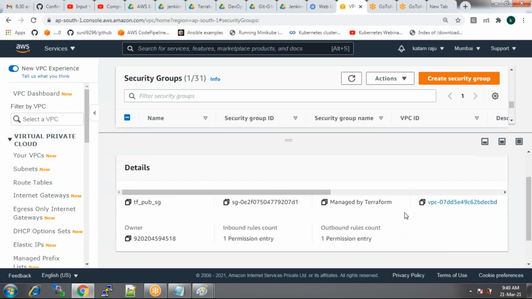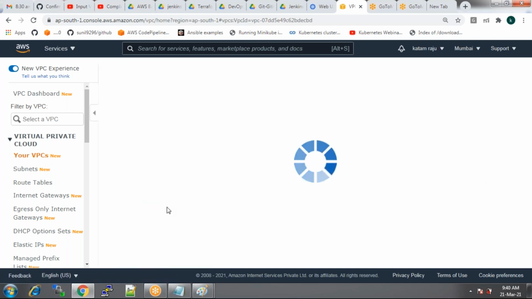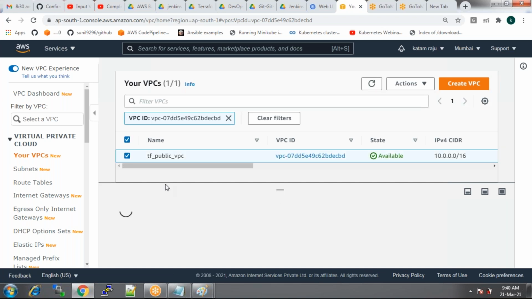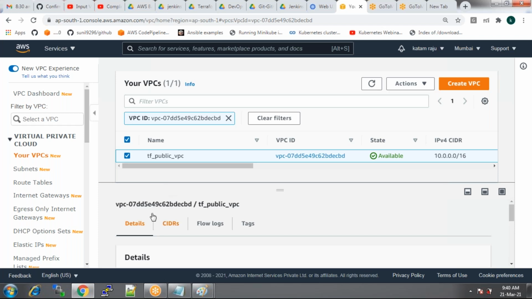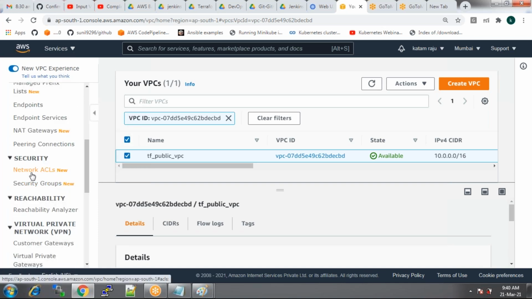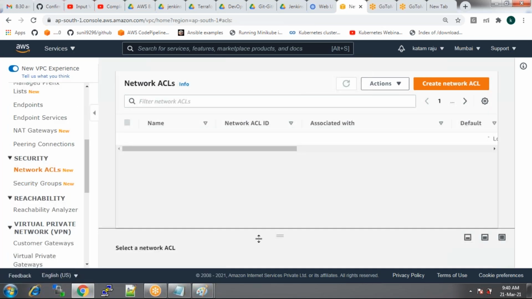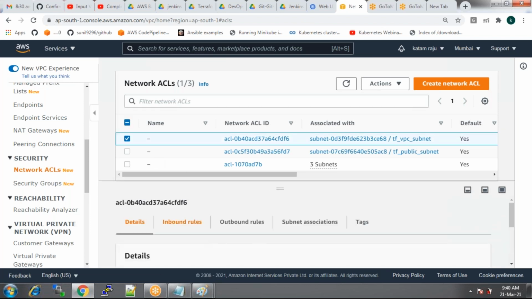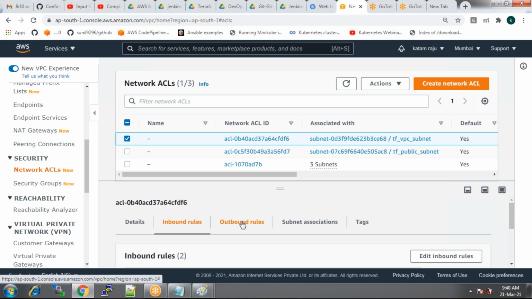So that's for so and so subnet, and that's a VPC. Obviously, you can go to the instance level. From there, you can also check that particular security group. Even these ones, if you look back, where are they? NACL, Network Access Control List. NACL also has, like I said, both inbound rules and outbound rules.